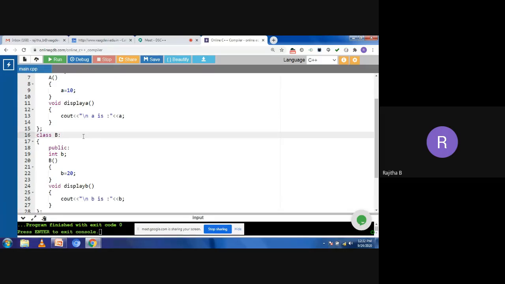You can take any specifier here. Suppose I take public. Why? Because I need to take the A class members into the B class. So public, and from which class I need to take the data members, A class. So this is the syntax to create single inheritance.